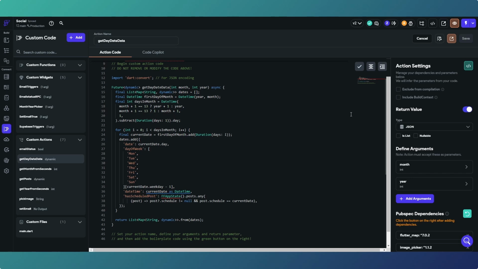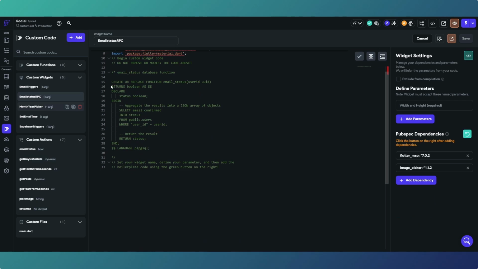So learning to code obviously is going to benefit you if that's a path you want to go down. And here we have some Flutter code, which is for getting days of the week and dates for a custom action. Again, I've got some Postgres code here for getting the email status of a user, and that's a database function. They're not particularly complicated, so they're quite easy to learn. So you just need to learn the basics so you can pick your way through it if you need to. I thoroughly recommend it because you get much more out of Flutterflow, and if you're using Supabase as a backend